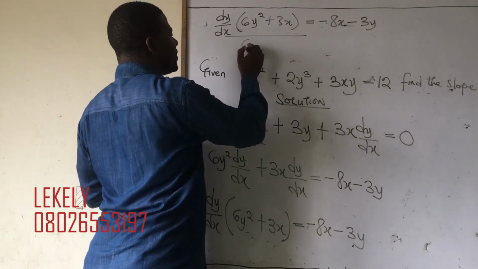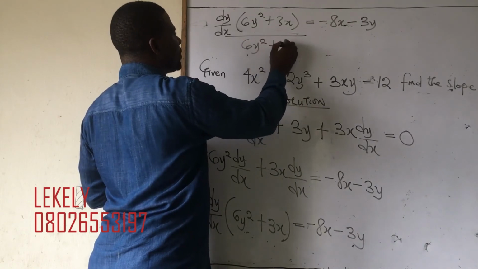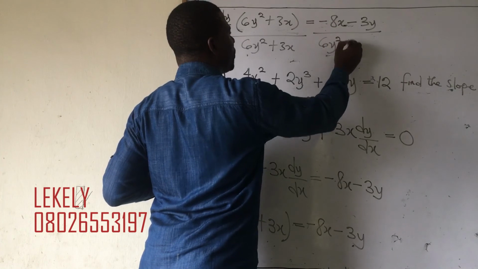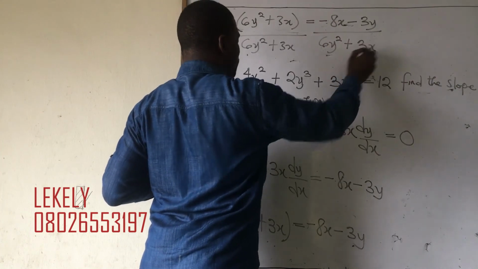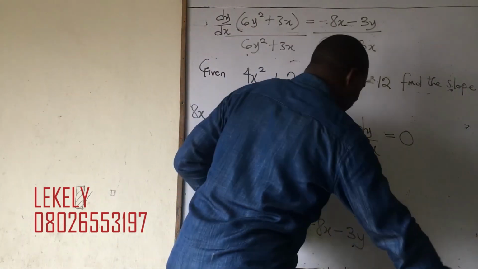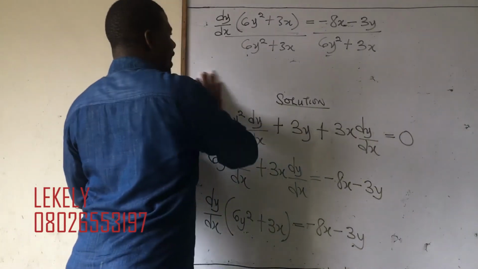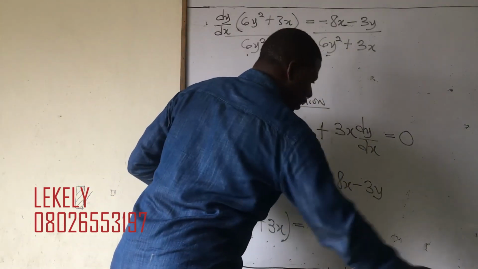So divide both sides by 6y squared plus 3x. So when you divide that, your final answer will now be that